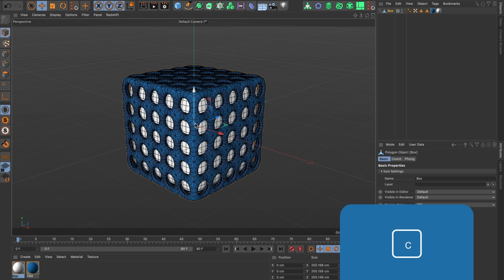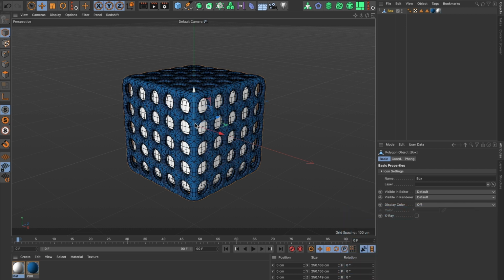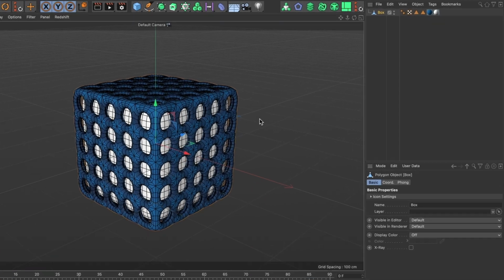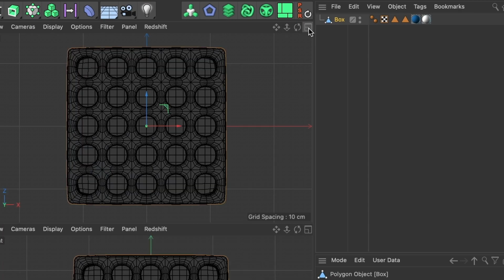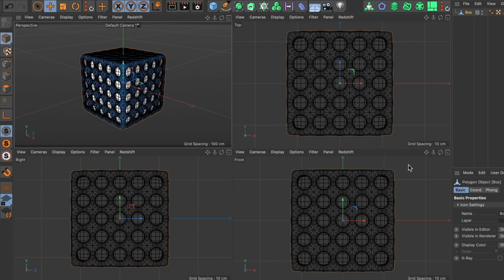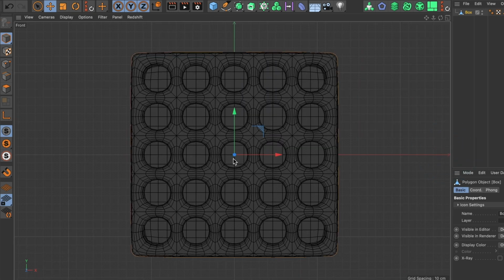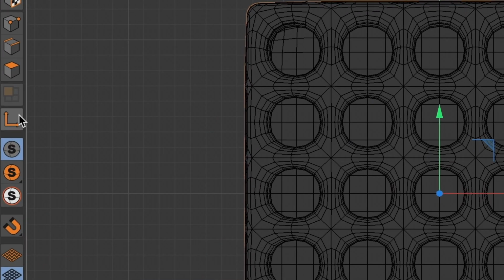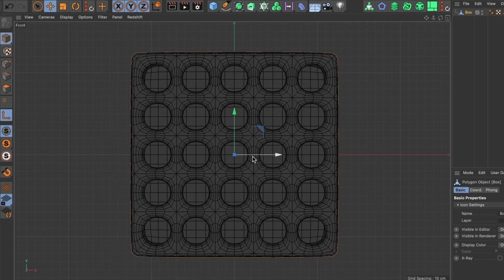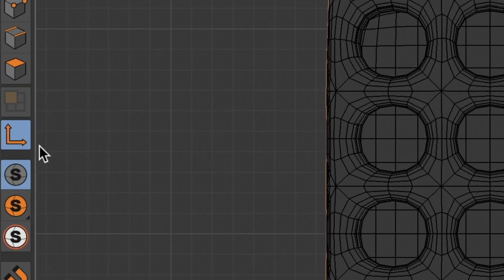To begin, I will head over to the front view. I'll select the fourth icon here, and I will search for the front view and select this icon here. Once in the front view, I will select the Enable Axis tool and move the axis to the right side of the model. That looks good. Now, I will go back and unselect the Enable Axis tool,